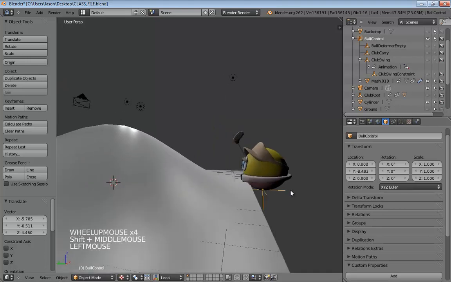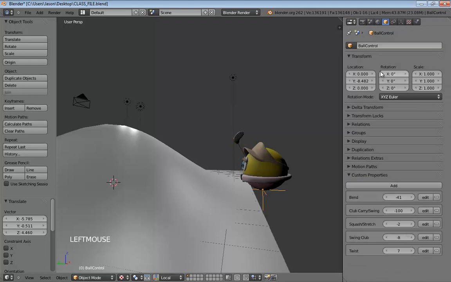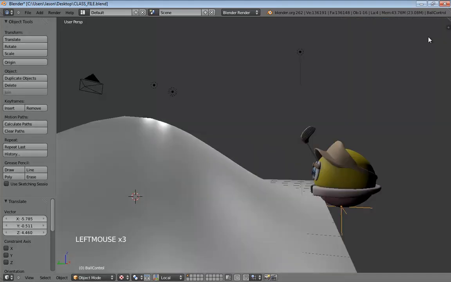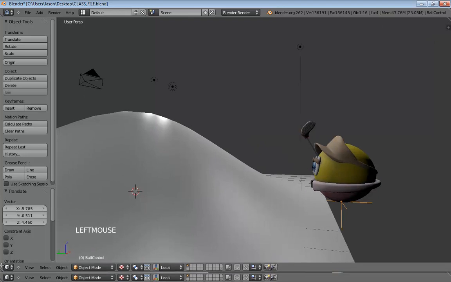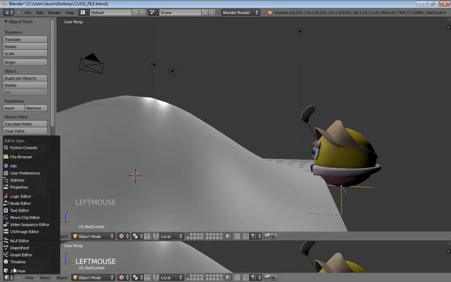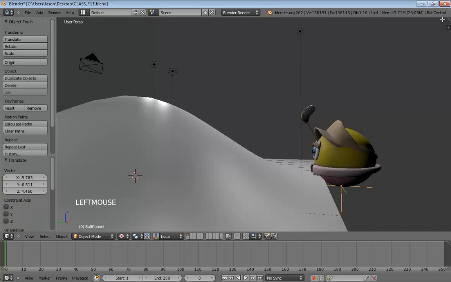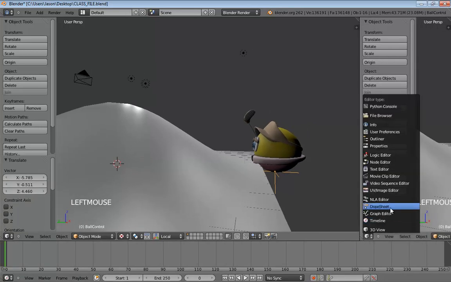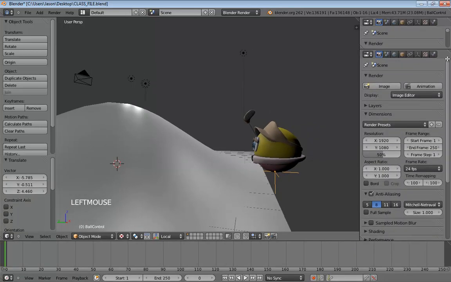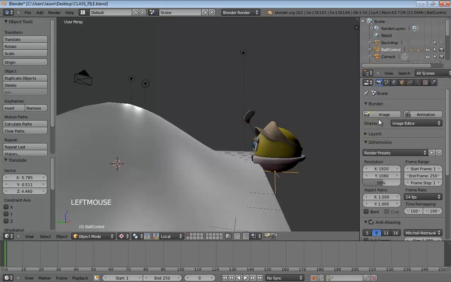Now everybody hopefully remembers how we animated this last time. If you don't, that's okay. We're going to do the whole thing again anyhow. We need a timeline, though, and generally I like the timeline to run all the way across the bottom of the interface. So let's see, there's a couple of different ways I can handle this. The manual way would be to completely obliterate my interface and then split the entire lower section. Set this over to a timeline, then split this back over, make this guy into a properties editor, split him, and make this into an outliner. And it's just so great that the interface is that flexible to just quickly knock that out.